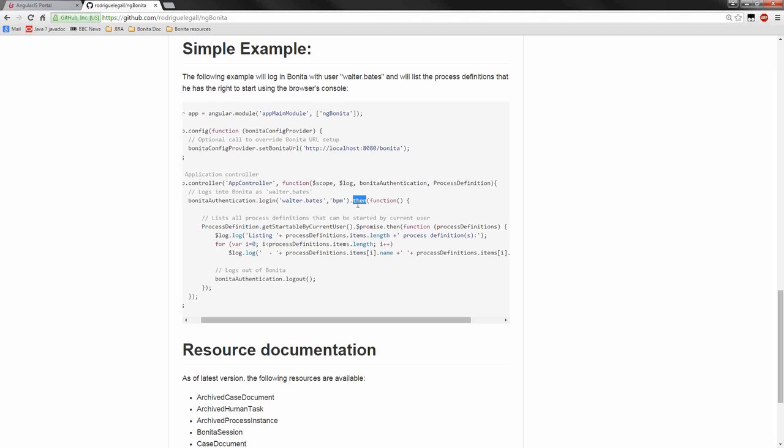After that, I have the keyword then. So this is to place the request in an asynchronous manner. So it's only once I have made my HTTP request to authenticate myself, then I do the content here inside